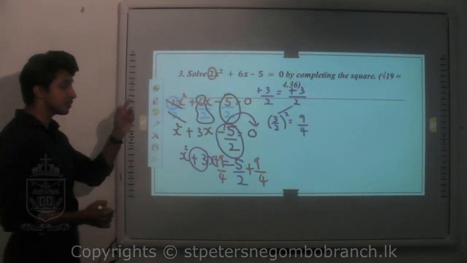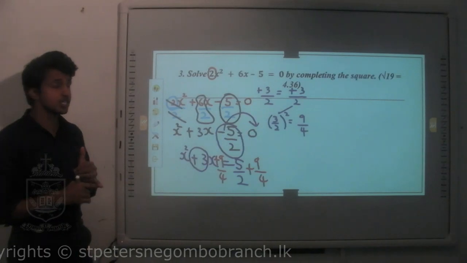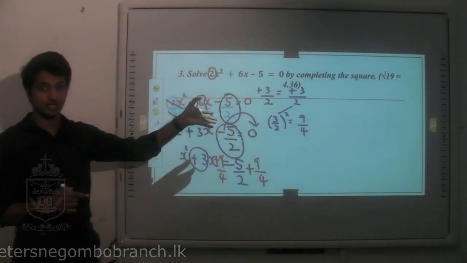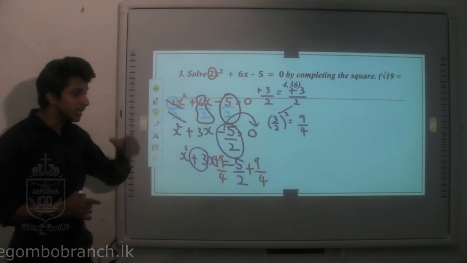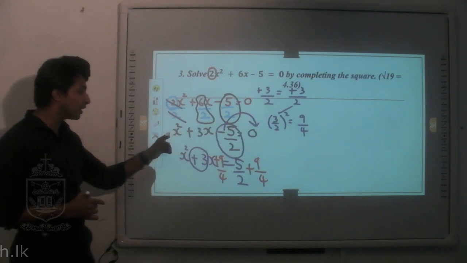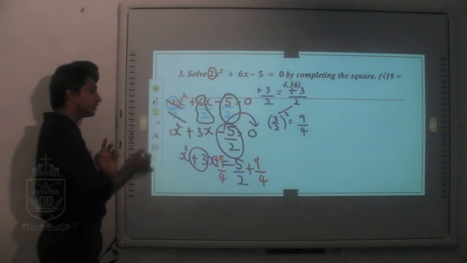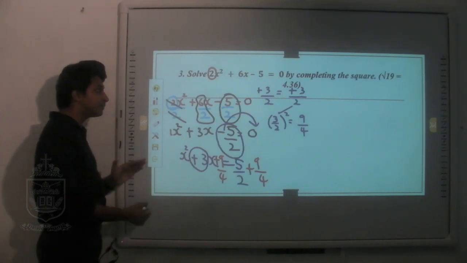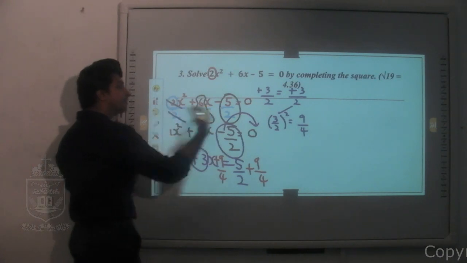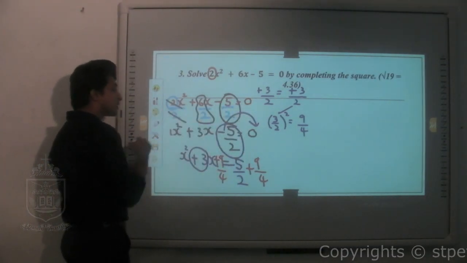Again I am explaining this situation. First, when we started with the equation, x squared had a coefficient that was 2. When you are using completing squares, this term should be 1. There shouldn't be any term in front of x squared. Always there has to be 1 here. So for that purpose, to keep it 1, take the number in front of x squared, divide all the terms by that number, it will cancel. The x squared will remain here.